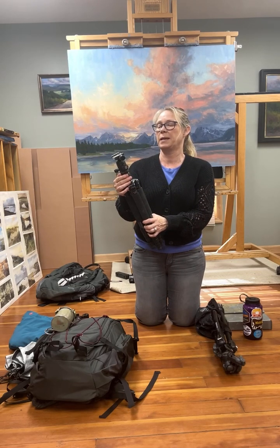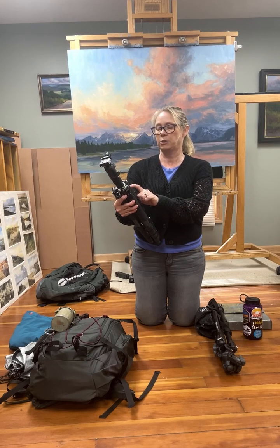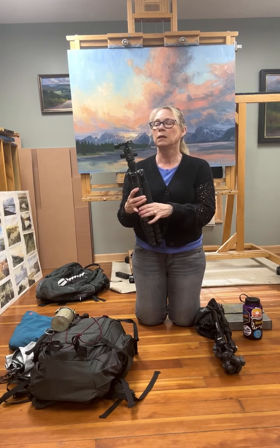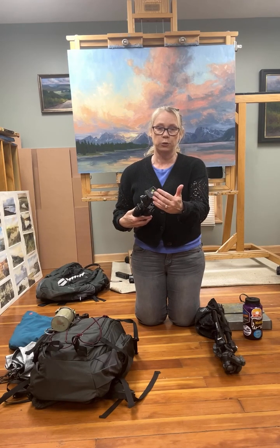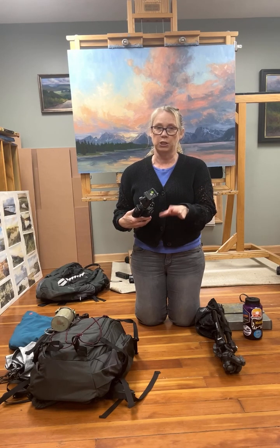It is the ProMaster, I don't know what the model number is. Oh, here it is, ProMaster XC525. And I've had both of mine for several years. This one's several years old. Super lightweight. You do need to have a quick release. Whichever tripod you choose, you have to have a quick release that fits into the ball head of that particular tripod. And make sure you have a couple extras of those quick release plates,